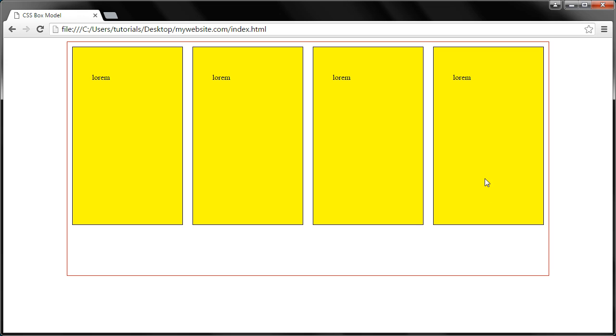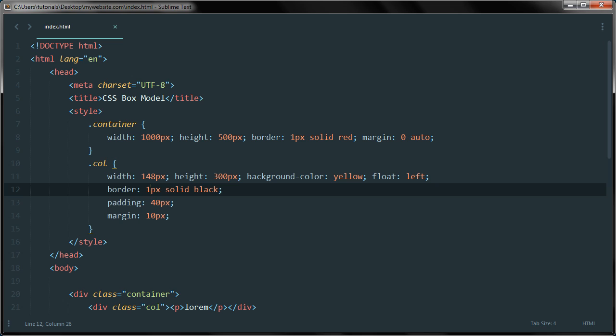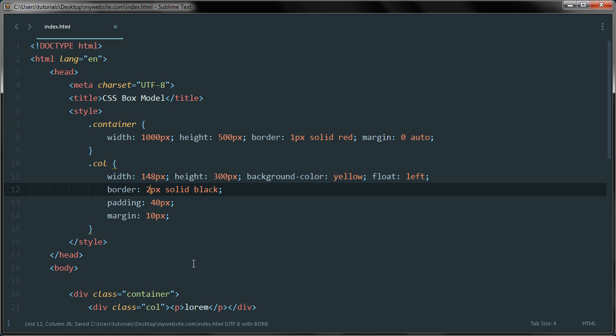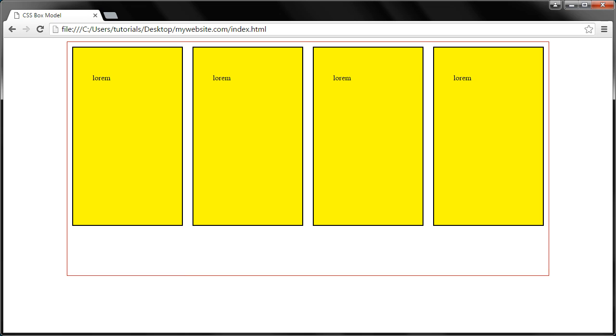But as you can understand, that is a real headache, and to have to do that to every element that you have can be a real nightmare. And even if you just change one value here, so let's say I want the pixel of the border to be 2, that then affects the layout again, and you have to go back and recalculate. So take another 2 off of here, and you get the idea. So the interaction between these properties has caused a problem with my layout, and it just takes a lot more time to build. Now there is a solution to this, and it's a really simple solution that CSS3 has introduced,